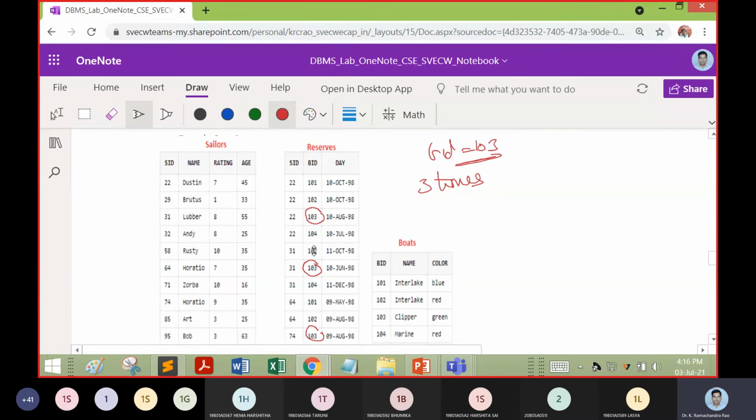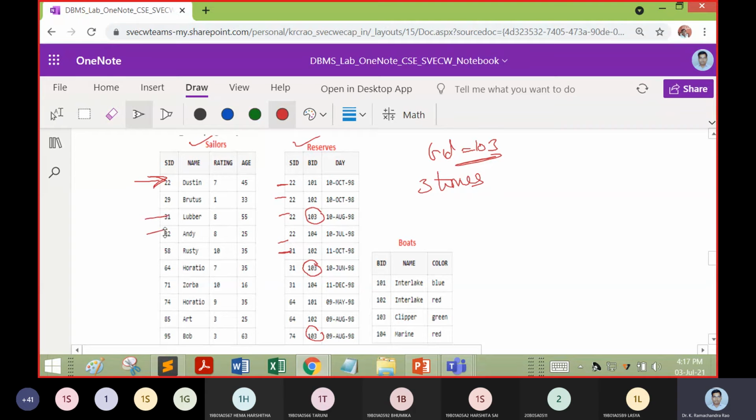What next? Sailor ID should be in both sailors and reserves. So what is common here? 22, right? So 22 occurs here, and next we have 22, 22, 22, 22. Next 31 is there.